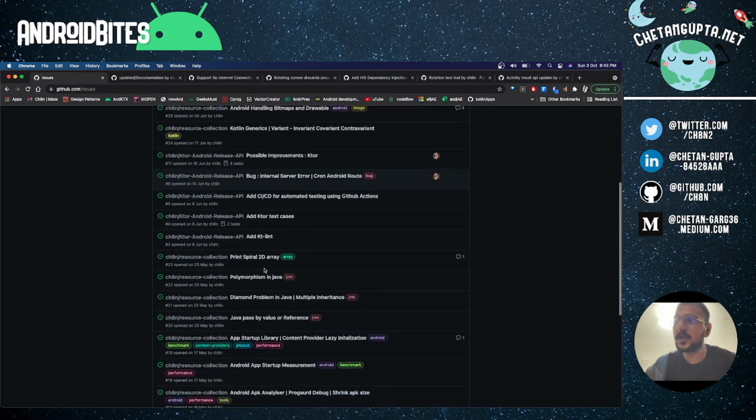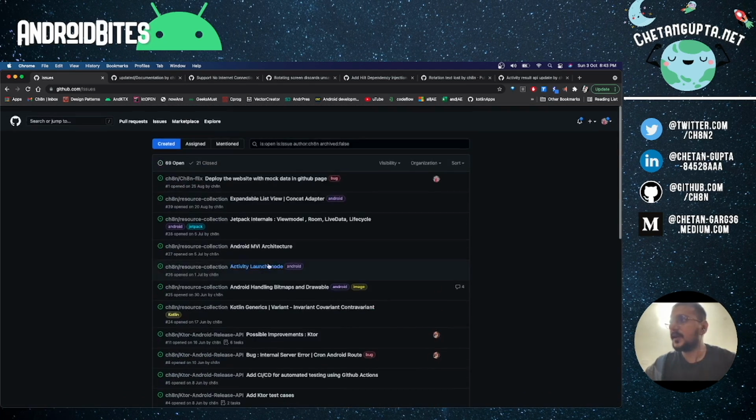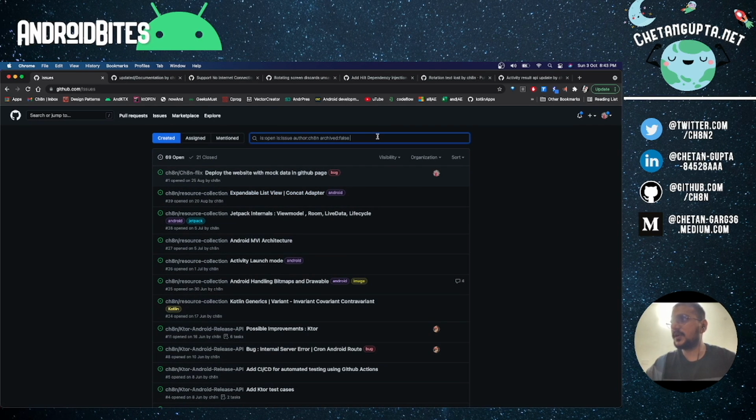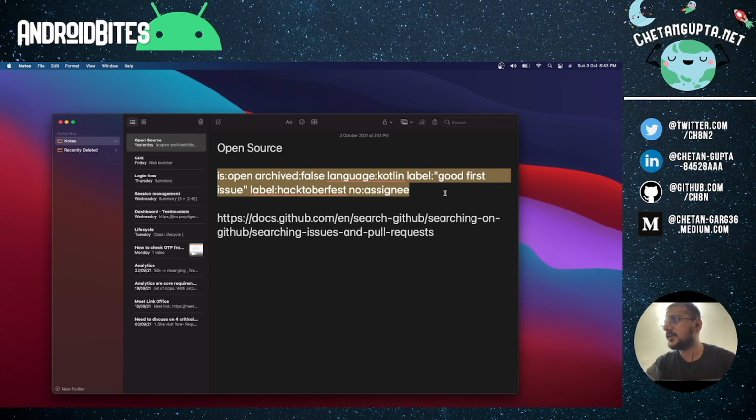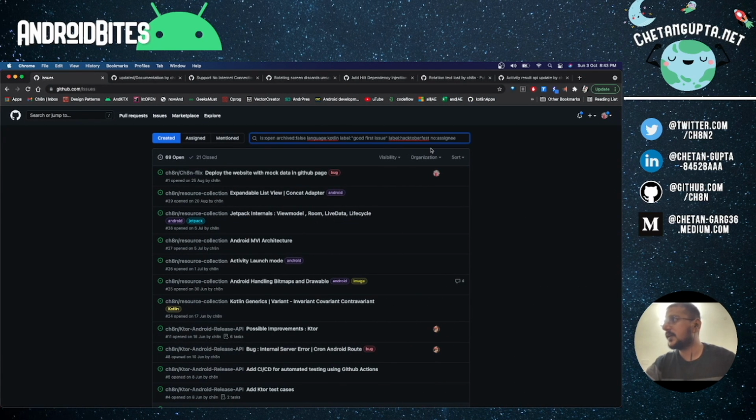But there is no advantage in looking at your own issues there. Using the filters in the search box, we can also browse the open issues on the entire GitHub. I have this filter, and I will also copy and paste it inside that Slack channel. You can copy this filter and paste it here, and just cut the no sign.